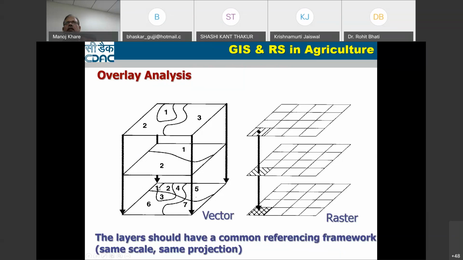Each polygon has values from both layers. For example, as per layer 1 it has attribute 2, and as per layer 2 it has class 1. So it has features of both 1 and 2, which we are merging there. Similarly you can generate an overlay for raster also. So from the first layer and second layer, you have generated a third layer. Now you have more detail: in the first map you get only 1, 2, 3 features, in the second only 2 features, but in this map you get 7 features of that particular area. 7 polygons, 7 attributes. So this particular polygon has the feature of this and also this.